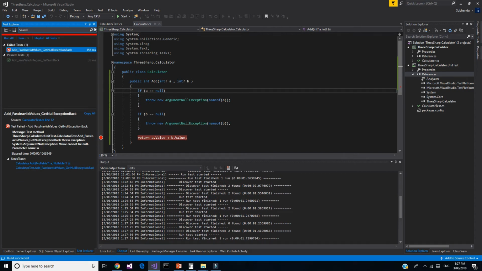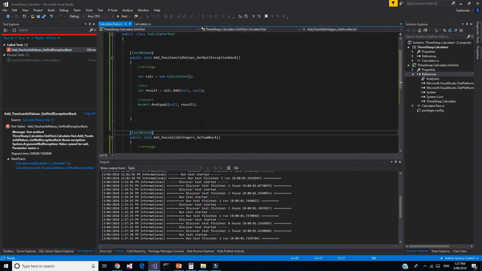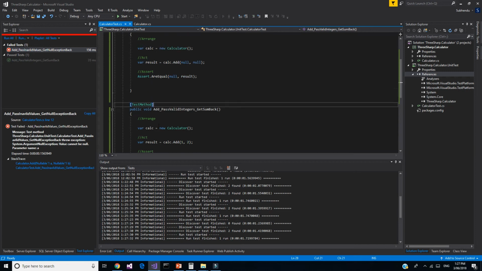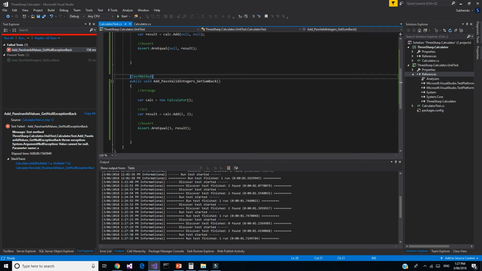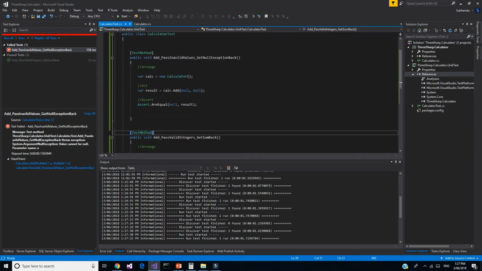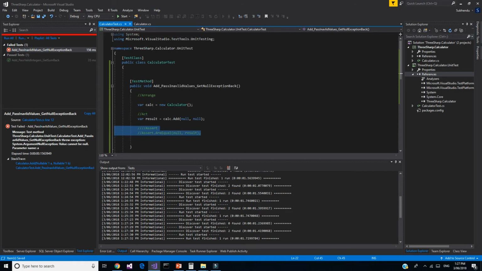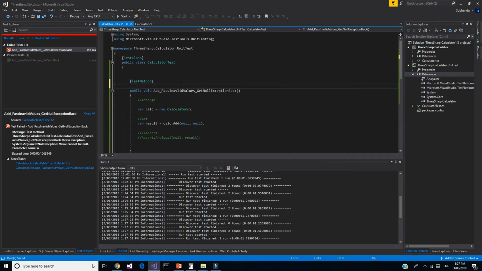No, it didn't, because let's go back to your test. We are still asserting the result should be null, but it's not a null result, it's throwing an exception. So let's comment this assert statement. Here, when we are actually expecting an exception, what we can say here is